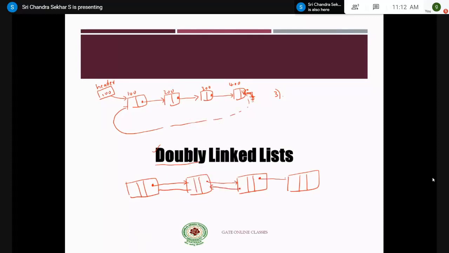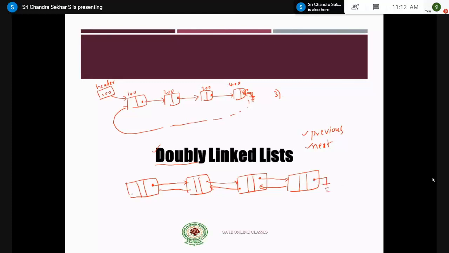Like that we have different links, right? So if you take one particular node, that node will have 2 links. One link is connected to the previous node, and the other link is connected to the next node. And for the last node, how can you identify it as the last node? You just make the link part null, right?